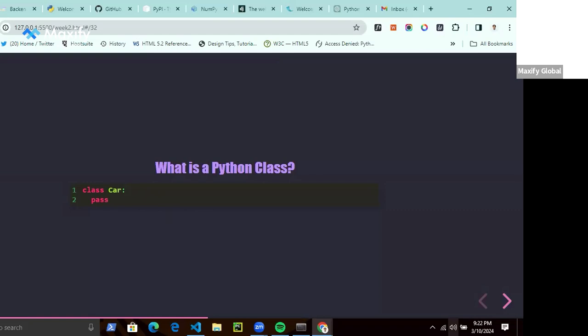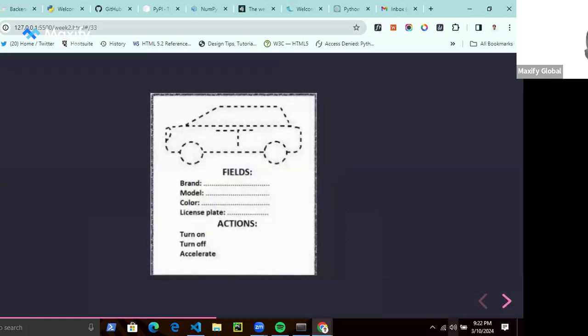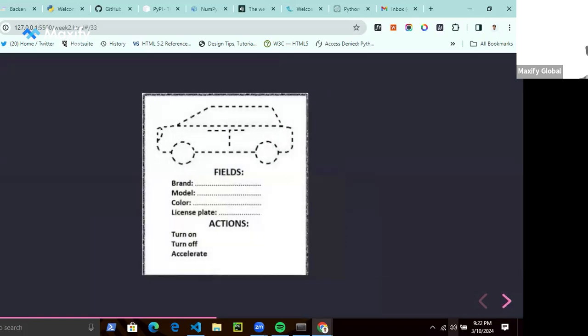So a class, like I said, is a template or a blueprint for creating objects with specific attributes and behavior. You can model almost anything using a class. So this car, for example, is an example of a class.